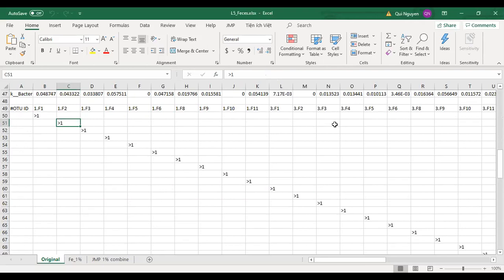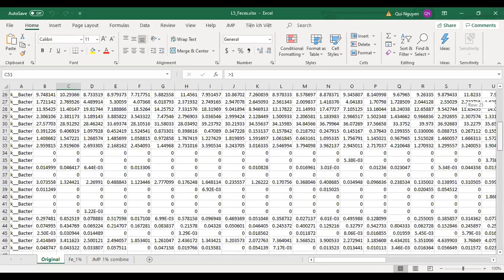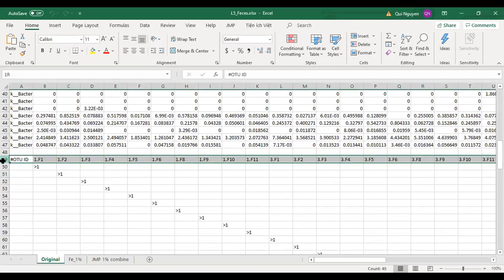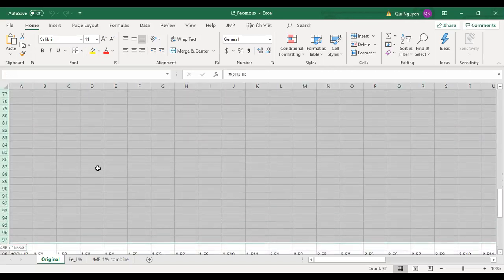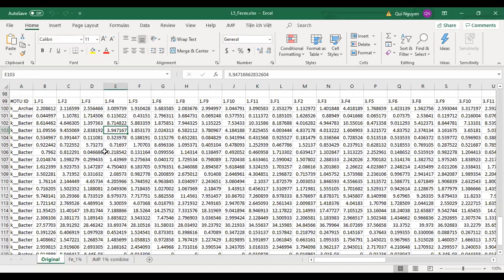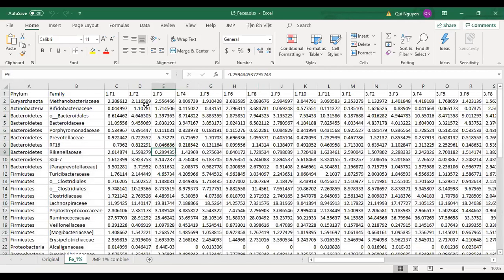Then everybody already knows this step, right? How to filter the data. So I will skip this step. We make the criteria range here, and from that data we filter the samples which have at least 1% in the sample. So we have this file, and from this 1% at family level, I will